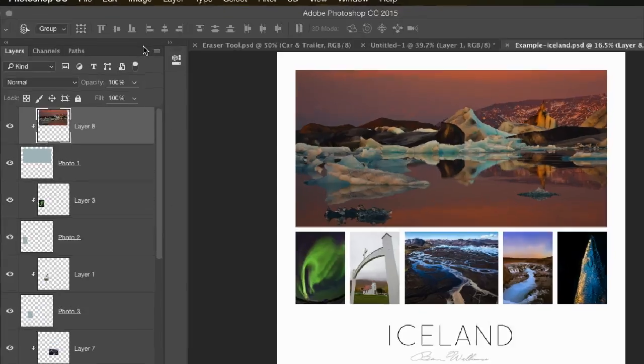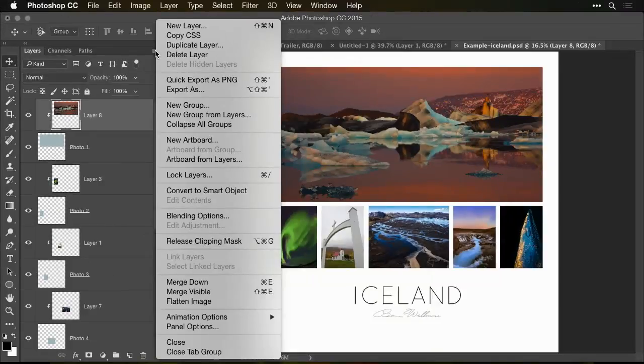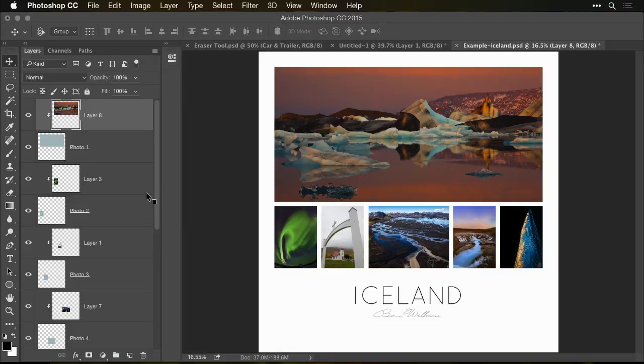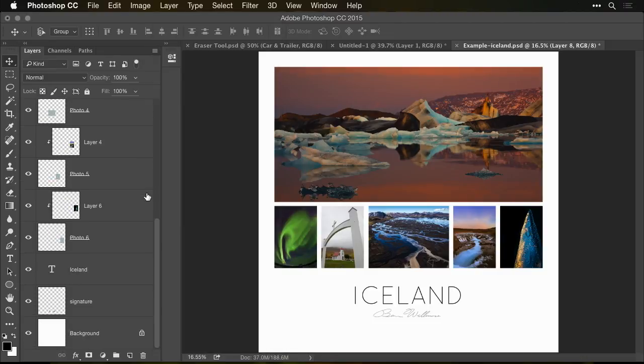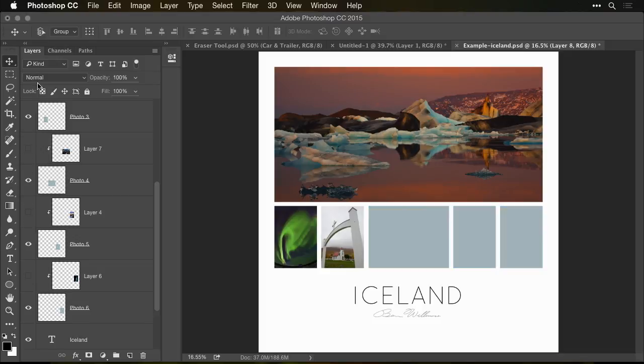There's a whole bunch of options on that side menu. I got to it right here. You see this little icon? So there's duplicate layer, delete layer, all sorts of things in there. Release clipping mask. There'd be create clipping mask if there wasn't already one in there. Merge down, all that kind of stuff. So, all right, then all we have in here are a bunch of rectangular boxes and images clipped to them. If I were to turn off the images that are clipped to the boxes, you would find